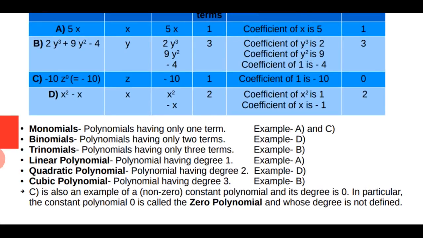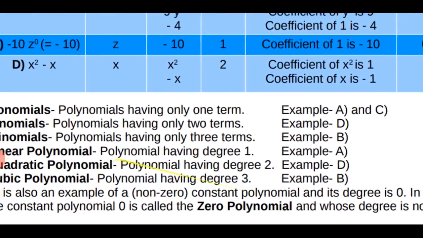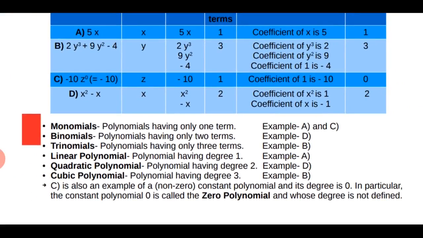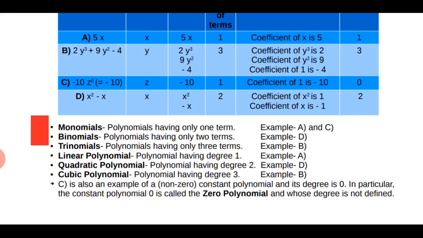Similarly, suppose I give an example that is 0. If the question has been asked, what is the degree of 0? Since you know that the degree of 0 is not defined, but 0 is a polynomial. So what kind of polynomial is it? On the basis of degree, we say that the name of the polynomial is 0. 0 is called a 0 polynomial because its degree is not defined. This point